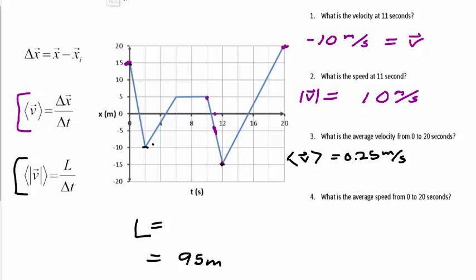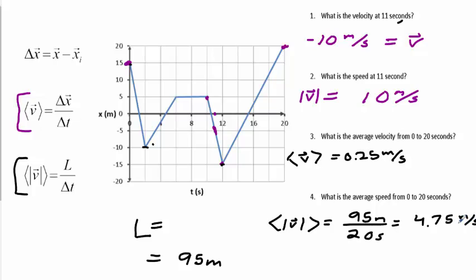And then the time interval is 20 seconds, so your average speed would be 95 meters divided by 20 seconds. Let me get my calculator. And that would be 4.75 meters per second. Okay? So the difficulty is really getting the path length, and we do that by just kind of